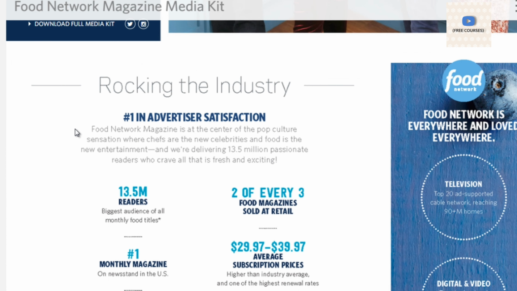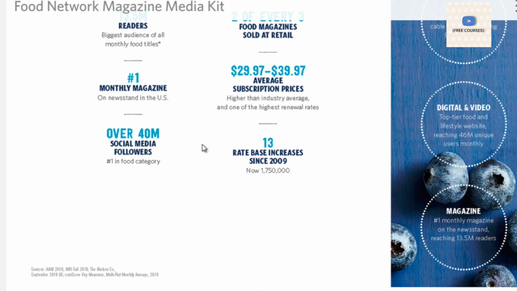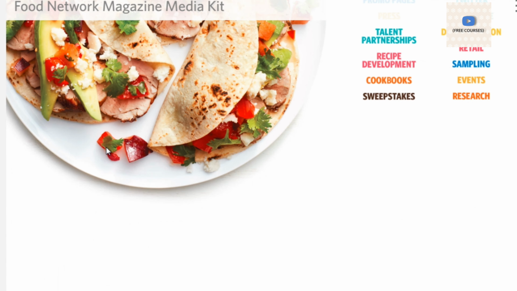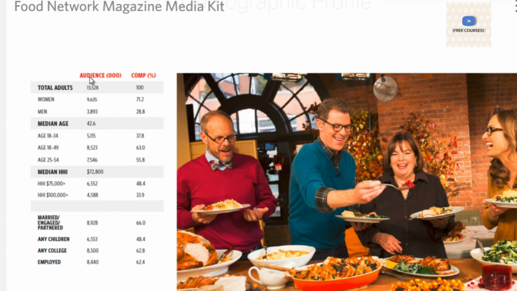So essentially, a lot of these magazine companies want you to advertise. So in order to get you to advertise, they're going to provide you with the demographic information. So we can see here, besides this data, sometimes if you scroll further down, it'll tell you stuff like this, like adults, it looks like mainly women, probably 70% women or 90% women actually. It tells you the age group. So the majority are 18 and above, how much money they earn, if they have children, are they married, are they employed, what is their education level.